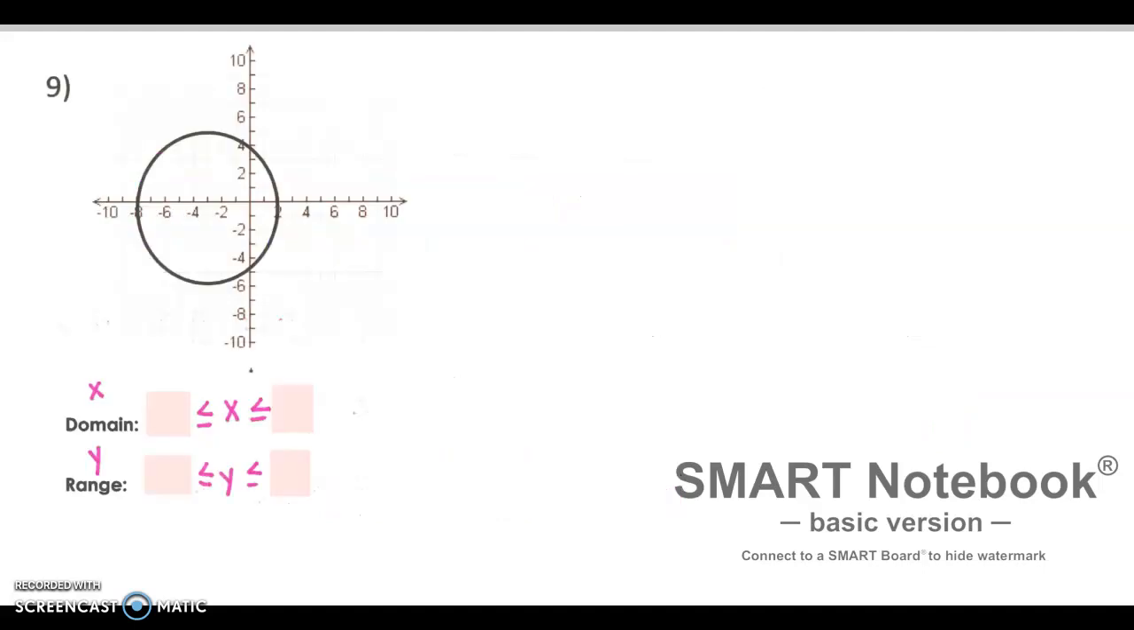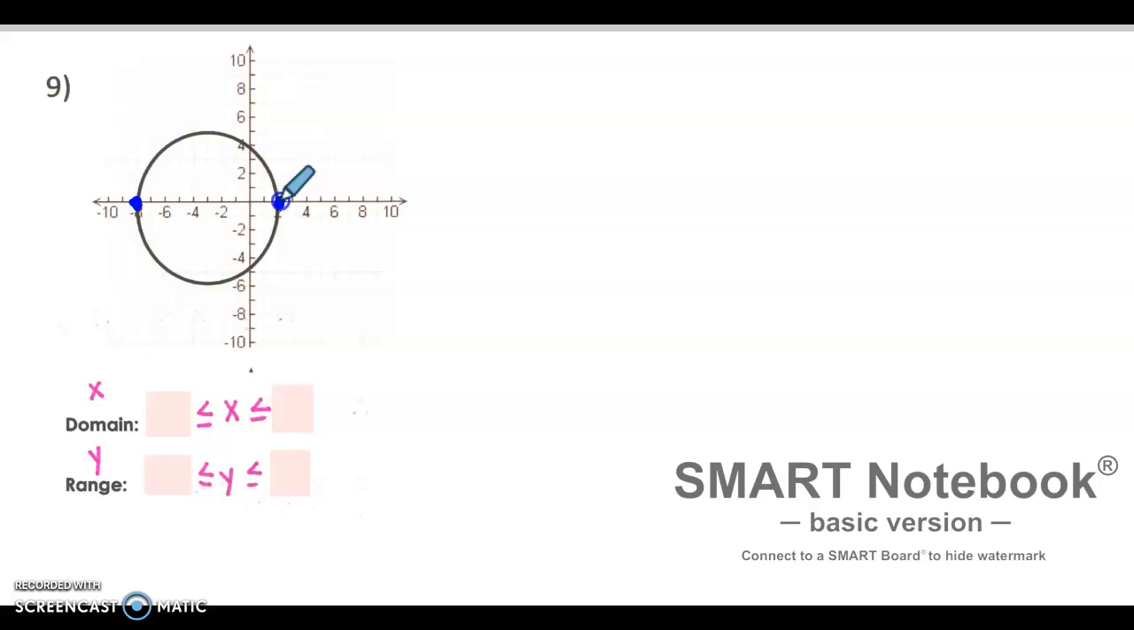So if we look at this circle here, we know a circle is not a function because it does not pass the vertical line test. However, we can still write the domain and the range of this graph. So the domain is all of your possible x values. So we want to look at our circle and we want to find the smallest x value and the biggest x value. So if we look here, it looks like our smallest x value is -8